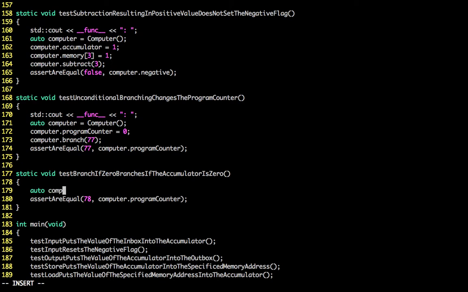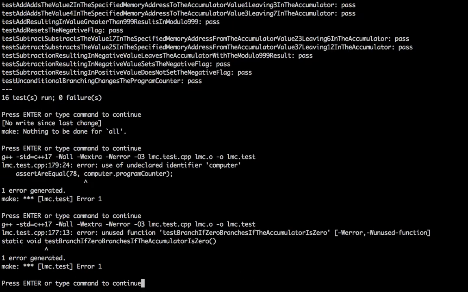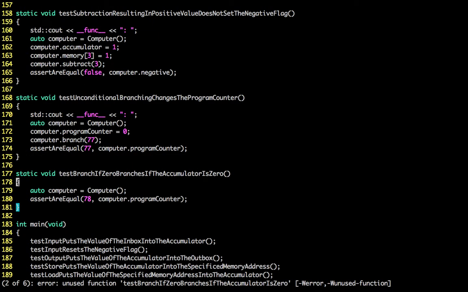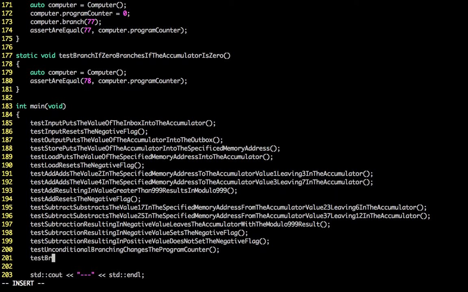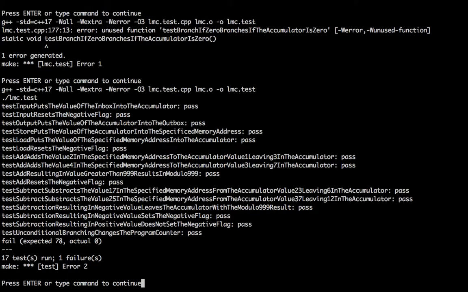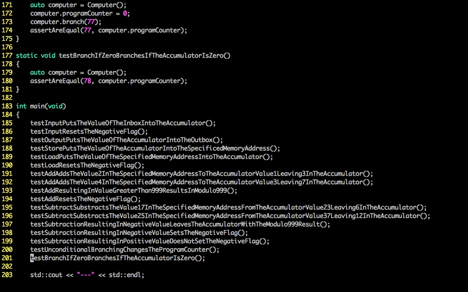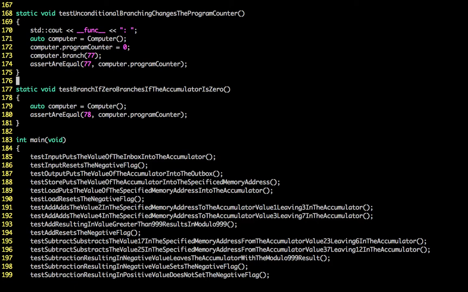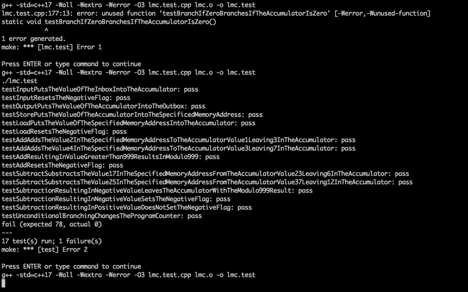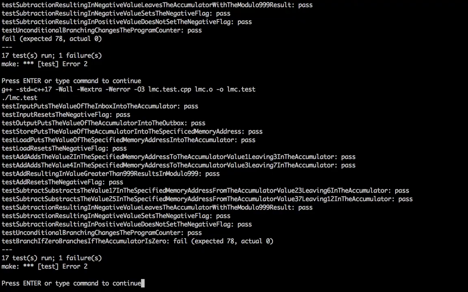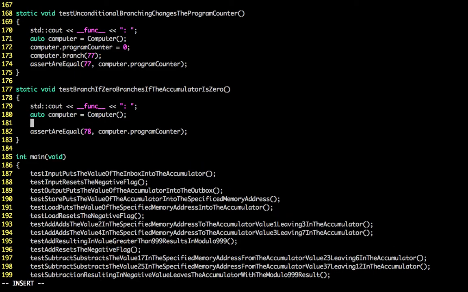We need a computer. We need to actually run the test. And we see it fail. We need to give the test a name. Like that. And the test now fails as expected. We actually need to